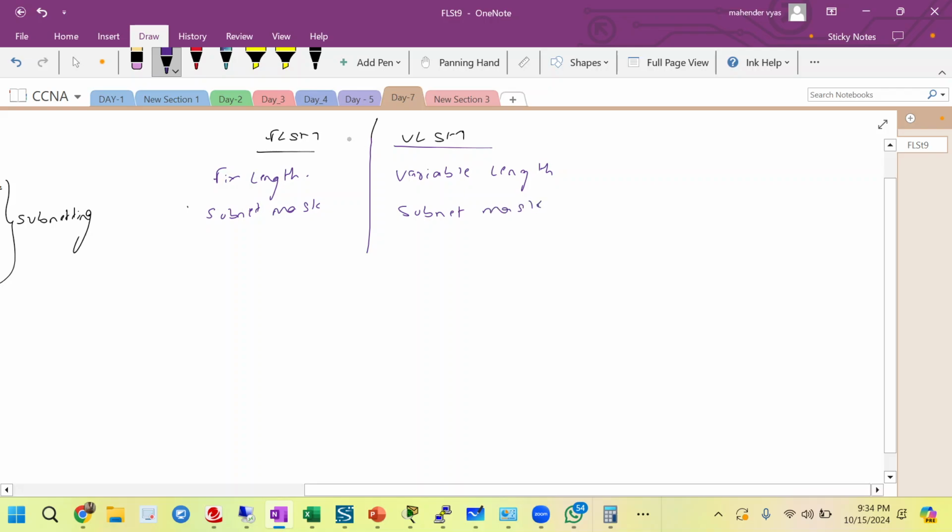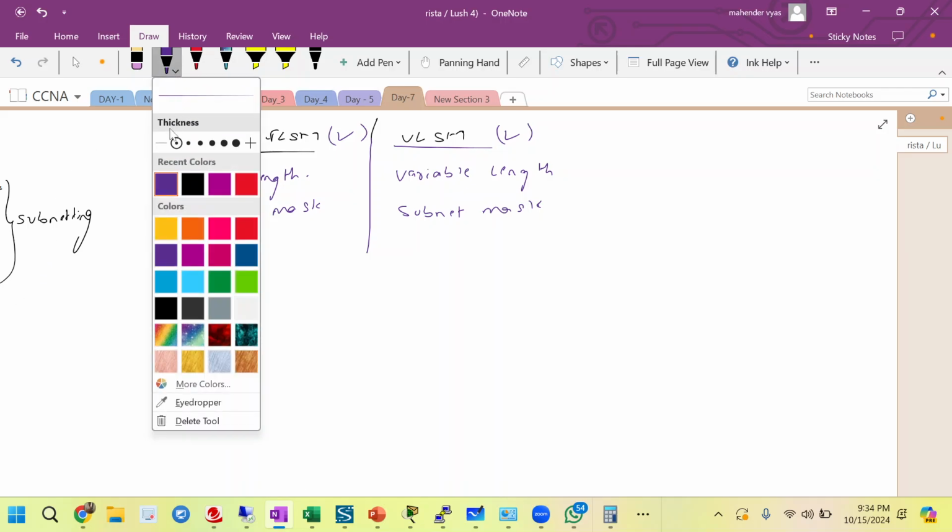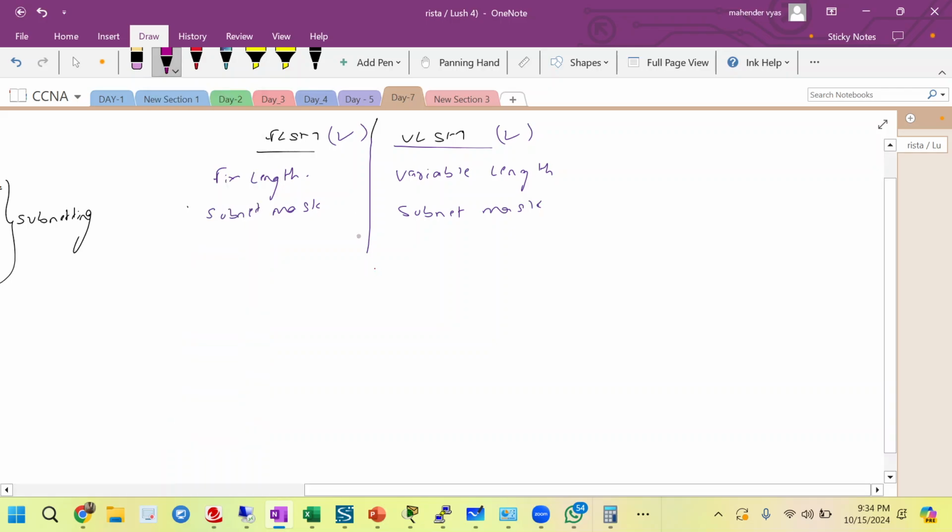Calculation wise, both are similar only. There is no such difference in calculation or finding out addresses. The difference is just the names they call it, FLSM and VLSM. But from an industry standard point of view, everyone uses VLSM based on their requirement. They use whatever addresses they want. Now let's figure out what FLSM is first. As in our last example, suppose